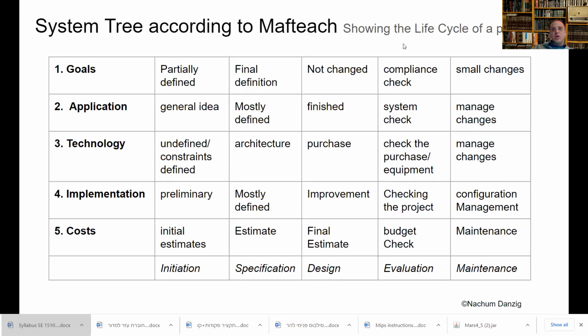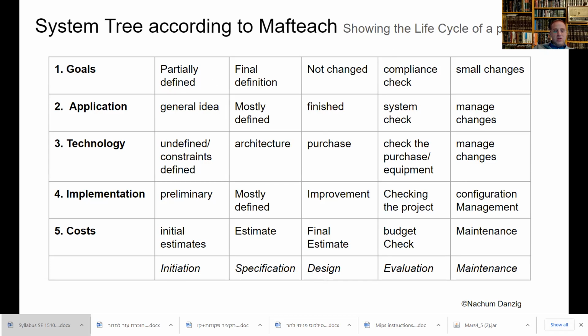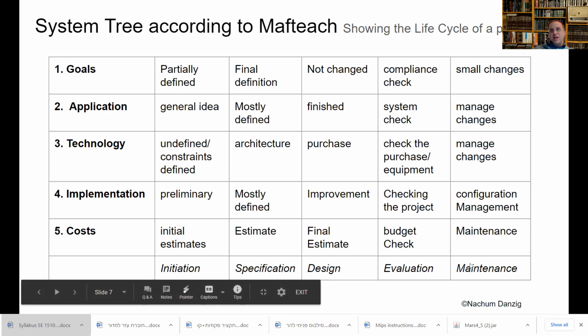So this is the system tree according to Mafteach. You got to read on the bottom here: initiation stage, specification stage, design stage, evaluation stage, maintenance stage. That's the life cycle of the project. According to waterfall, remember, this is waterfall because Mafteach is for government members of the Department of Treasury, and it's for government projects, which are going to usually follow the waterfall design, because we want to know everything ahead of time. So there's going to be these stages of the project development, and then in those stages,